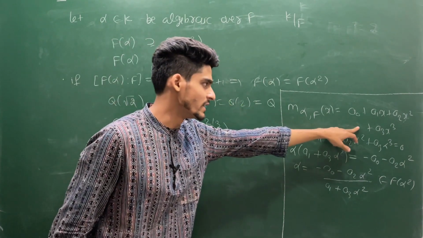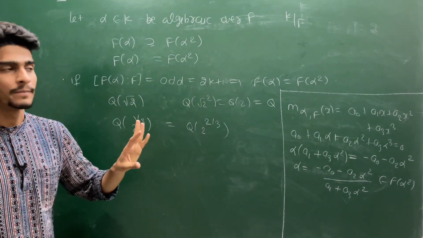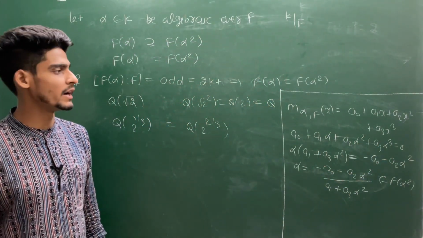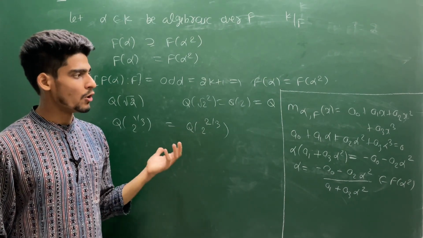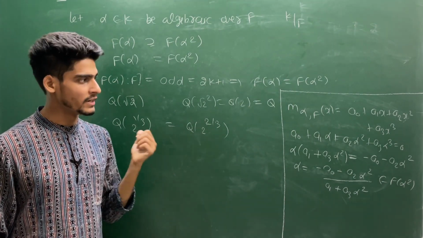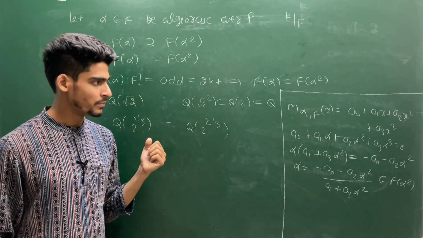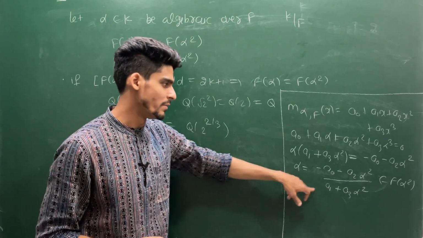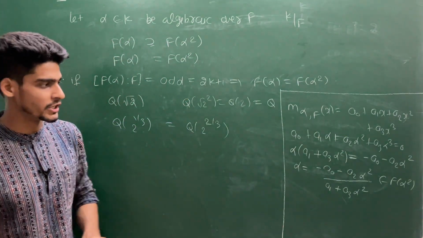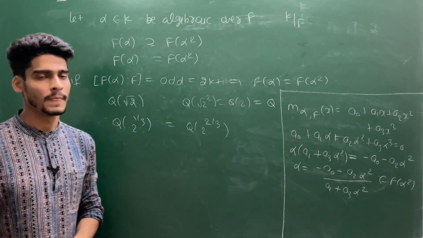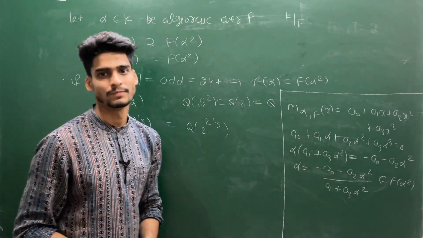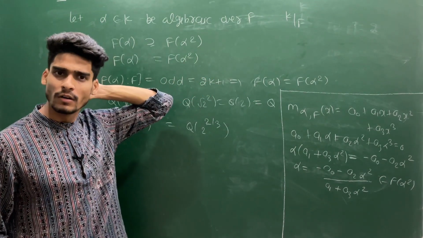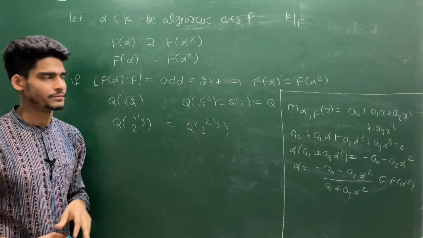The technique I have used for degree 3, you can use with any odd degree. So in odd degree you will have a polynomial a0 plus a1 alpha plus up to a(2k+1) alpha to the power 2k plus 1. You separate out all the even degree terms, and from the odd degree terms you take alpha common, then your alpha will be a quotient of even degree terms with even degree terms, which must lie in F(alpha square). So this question you may get in your examination also. This may be a new question. अभी तक ये क्वेश्चन नहीं पूछा गया किसी एग्जाम में.